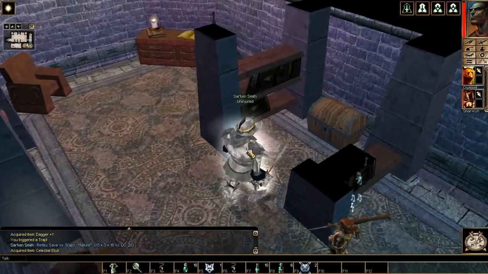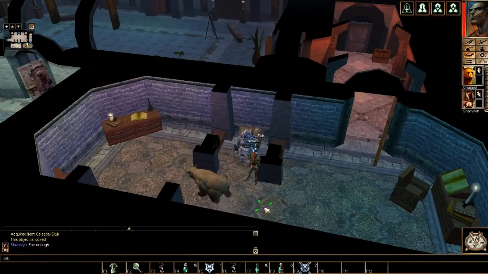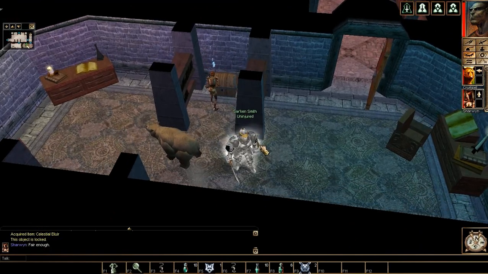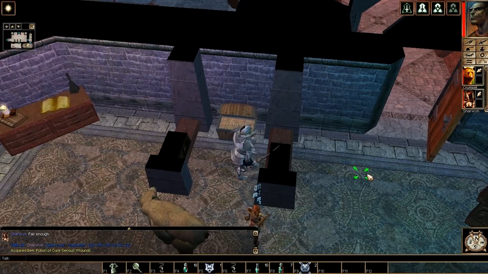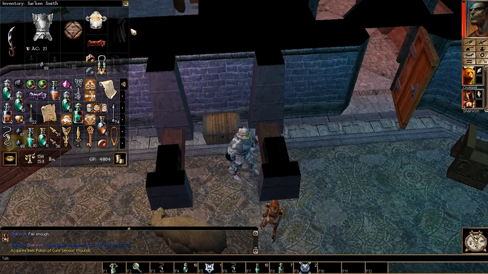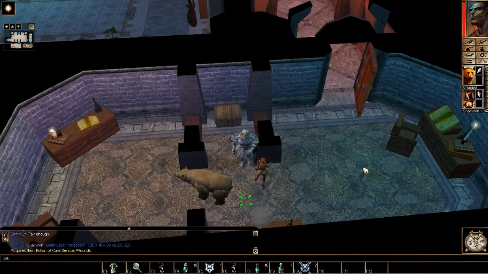That is what I was looking for. Fair enough. I was looking for a celestial elixir. That was the item that I need for Sharwin in a little bit. Thank you. And in here is a potion of cure serious wounds. We could actually just use... If actually... I was just saying, we could use the...